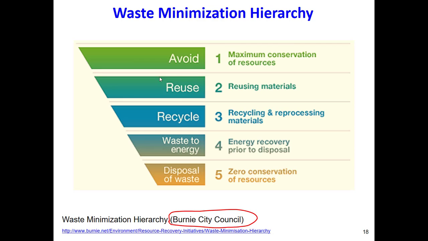The first important thing that we need to do is to avoid consuming, right? We have to reduce our consumption, and it means maximum conservation of resources. We have to conserve and save our resources, and just use them when we really need them. So we have to reduce our consumption, even wasting food. Those are points that we can do personally that will affect the whole universe.